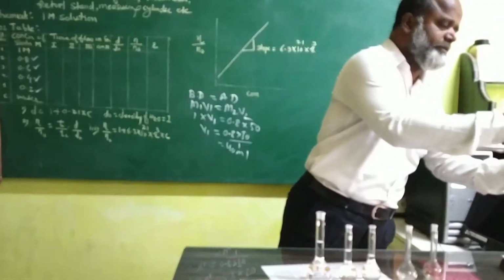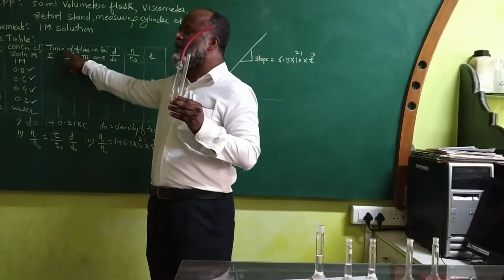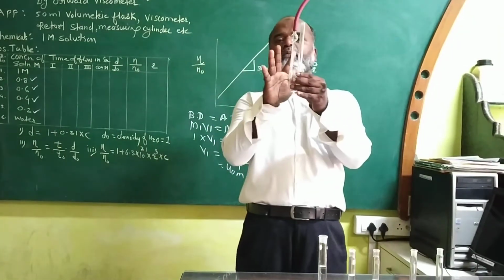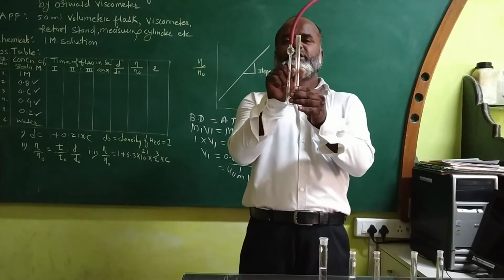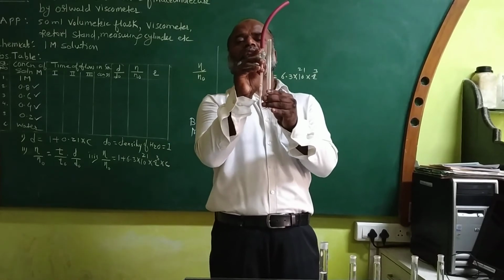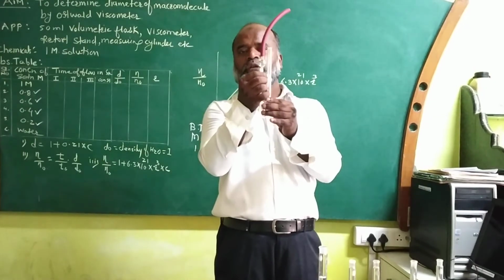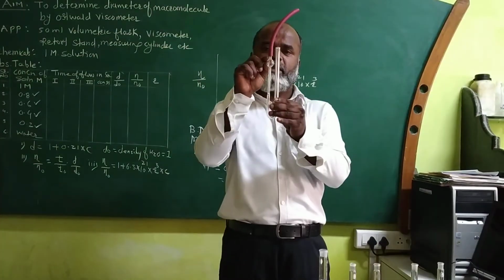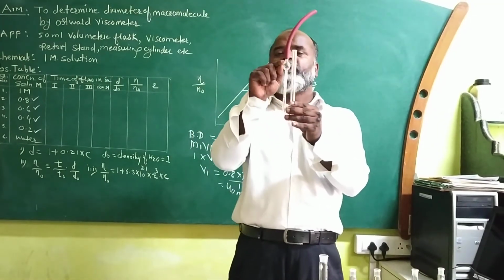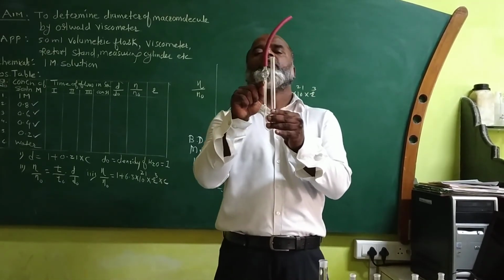Now this is the viscometer. Look at it. With the help of this viscometer, we are going to measure the time of flow of 1 molar, 0.8, 0.6, 0.2. This viscometer has 2 parts: this is the narrow part, and this is the broader part. On the narrow part there is a rubber tube. Just below the rubber tube there is 1 marking, and just below the small bulb there is 1 marking. So 2 markings are there, one above the small bulb and the second just below it. You are supposed to measure the time of flow while your solution travels from the upper marking to the lower marking.